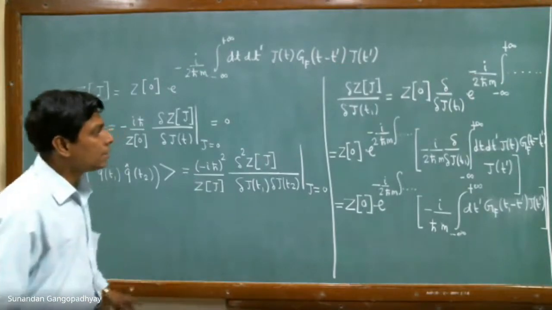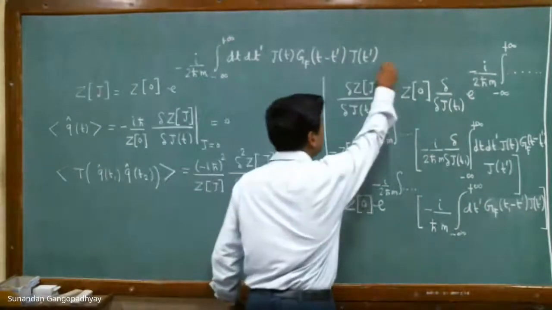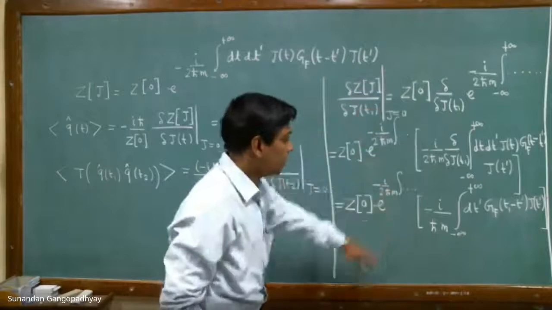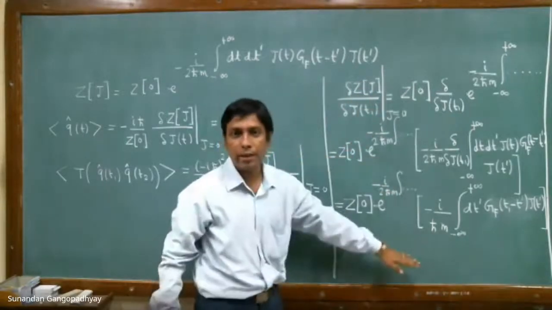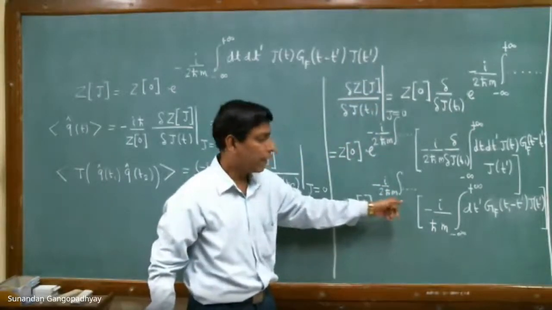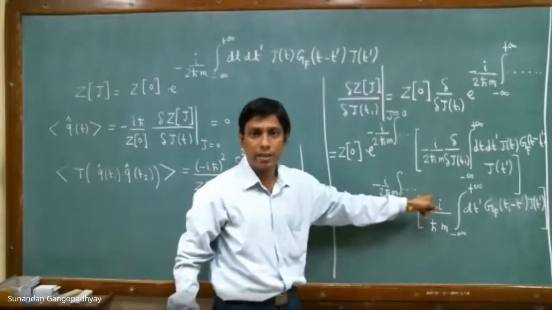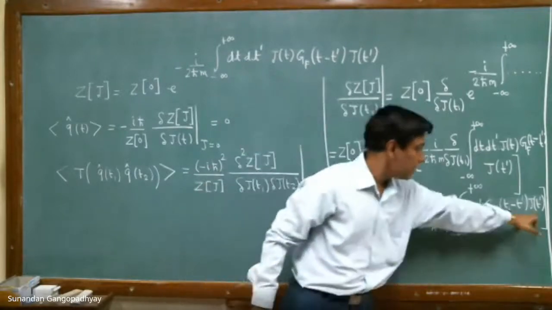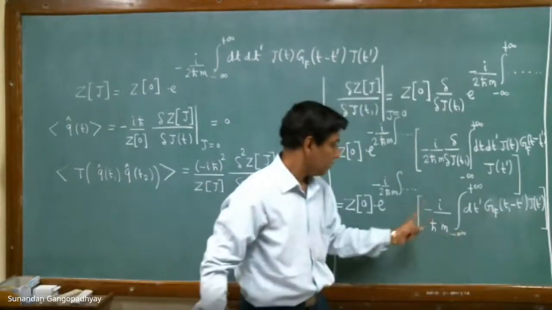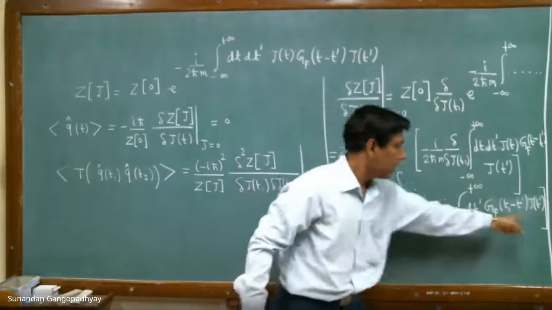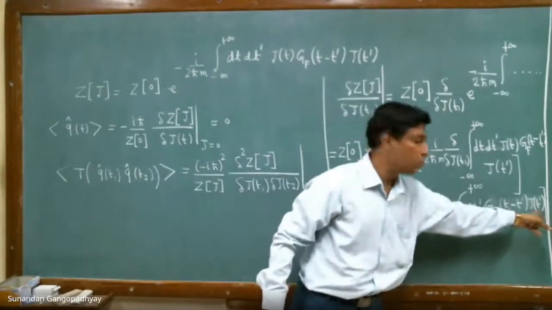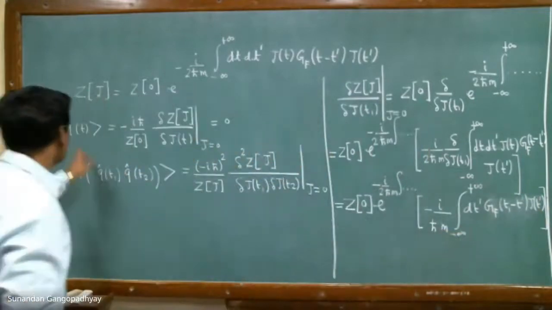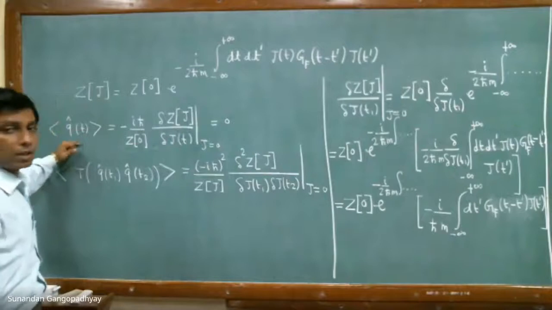And now you can easily see that if you evaluate this at J equal to 0, after the end of the calculation, then this factor becomes 1 because this contains J's and J is 0. Therefore, this is e to the power of 0, this is 1. And this is an ordinary integral which is multiplied by this factor, and here there is a J. And when you set J to 0, this entire contribution becomes equal to 0. Okay? Therefore, the 1-point function, this expectation value, is 0.